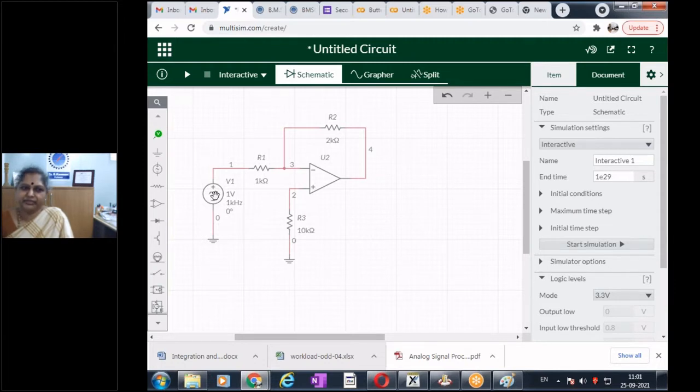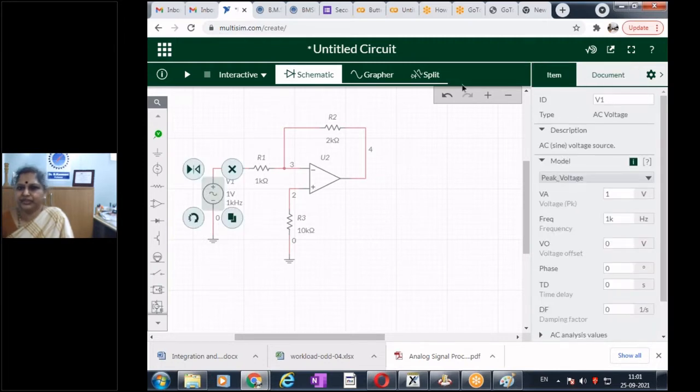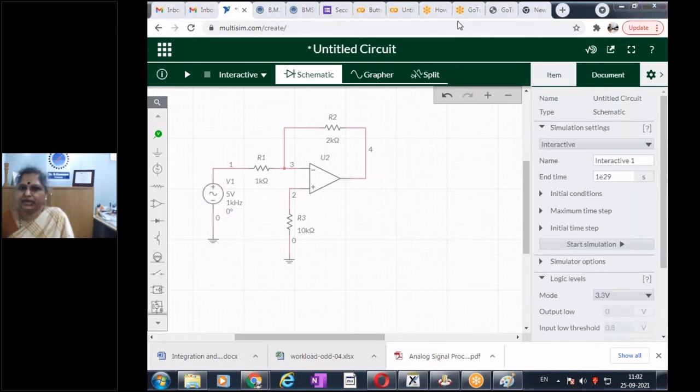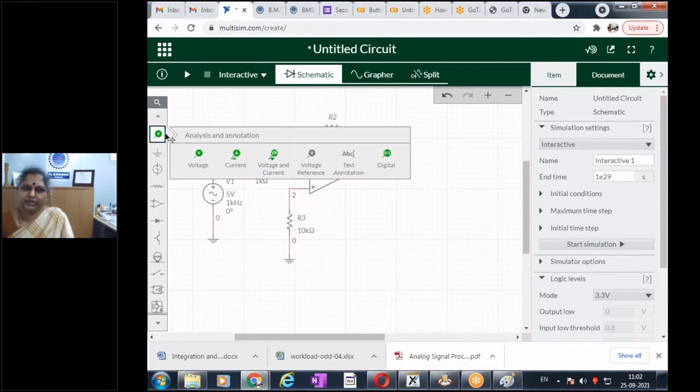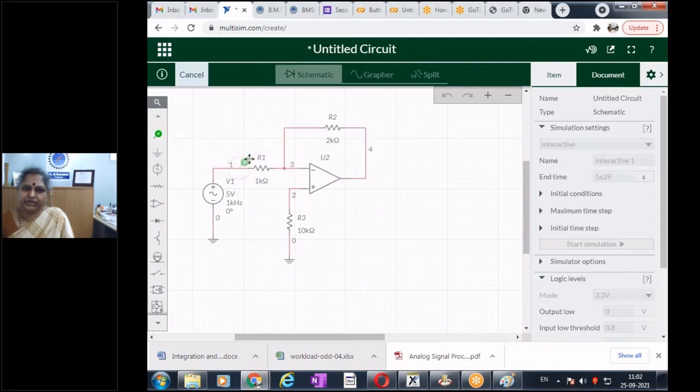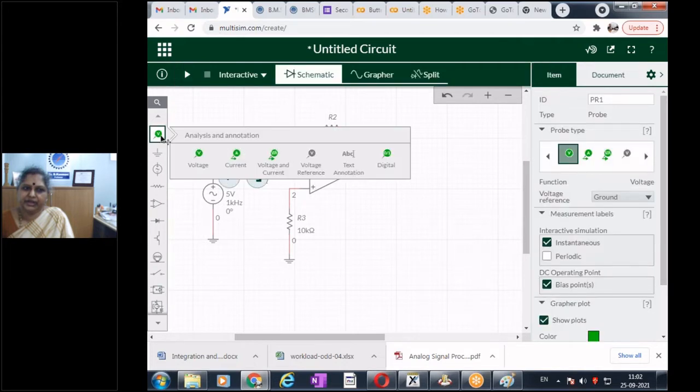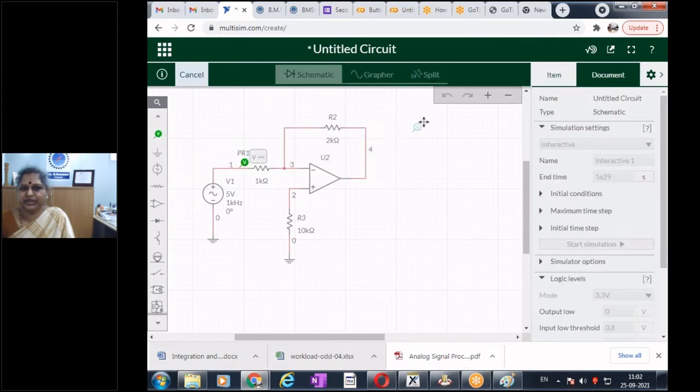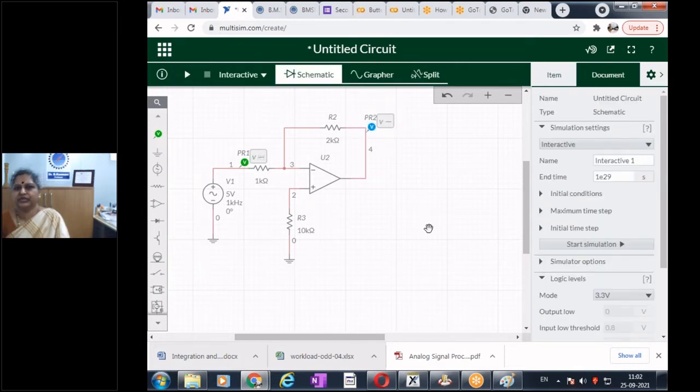And let me increase my input signal. Let me make this 1 volt. Let me make it say 5 volts. So I am making my signal strength 5 volts. So now I want to see my input. I take my input, give it here. I also want to see an output. So I take the probe and I place it here. My output is across here. This is what I see. So have you done it? And then let's run it.